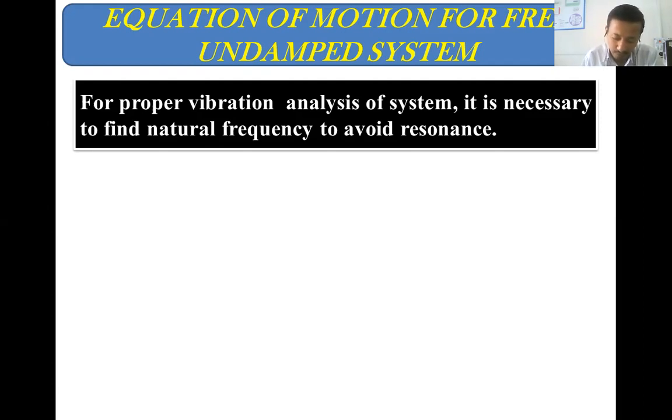So that's why, to avoid that failure, we stop operating that particular system at that particular frequency. We can avoid that when we know the natural frequency of the system. अगर हमारे को natural frequency of system पता है तो उस frequency पे हम उसको operate करने से उसको stop कर सकते हैं, so that we can avoid the failure of the parts and machines.